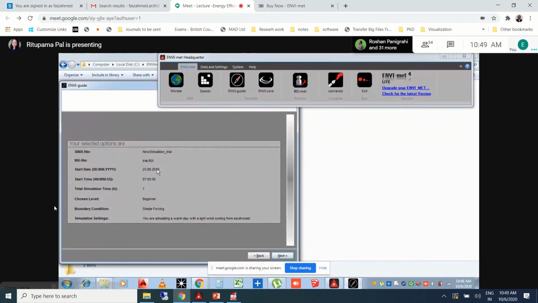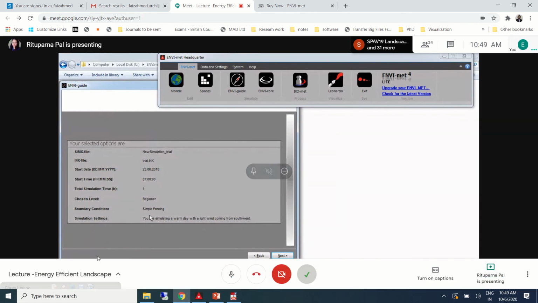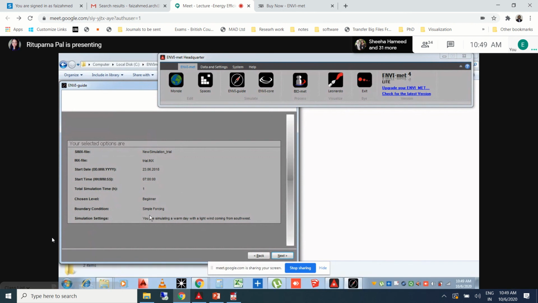But I'll just say that here it's only giving the base conditions which you have already selected. So even if you're not able to see, don't worry, because in the previous stages you have already given the input in the simulation settings. It is showing that you're simulating a warm day with light wind coming from southwest. So it is already giving you the input.